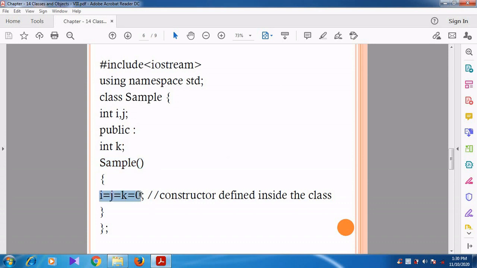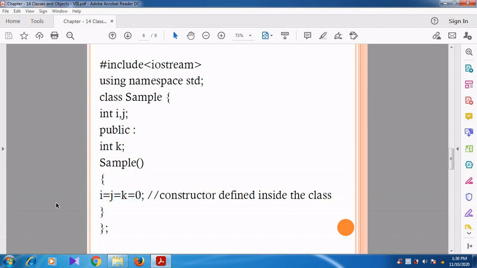Inside the constructor only, i = j = k = 0. So inside the constructor, the data members i, j, k are all initialized together to 0.